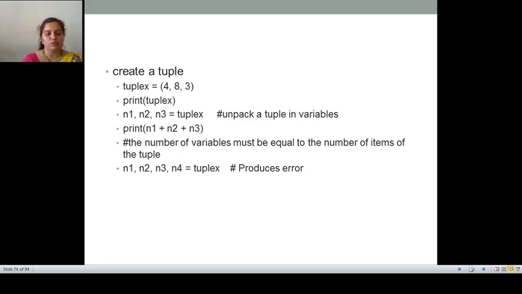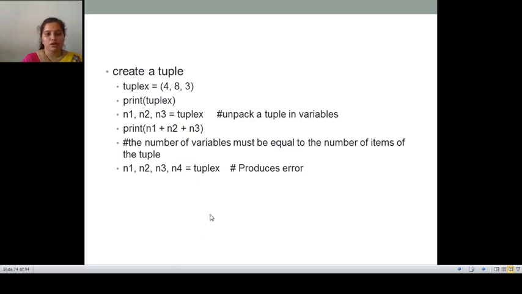What I am trying to do is print that tuple x, then unpack a tuple into variables. Whatever elements are there in the tuple x, I am going to assign to variables n1, n2 and n3. Then I am going to print those n1, n2 and n3 with the help of the print statement.